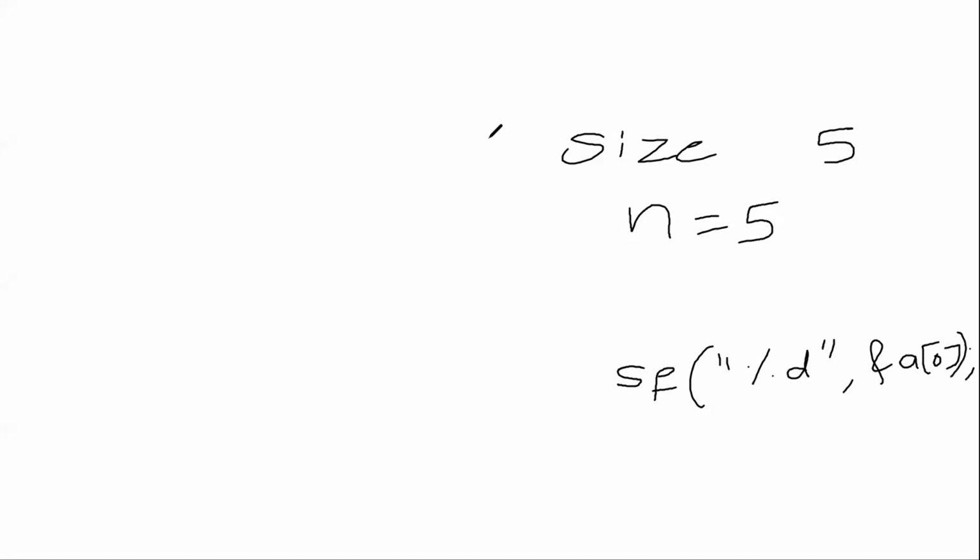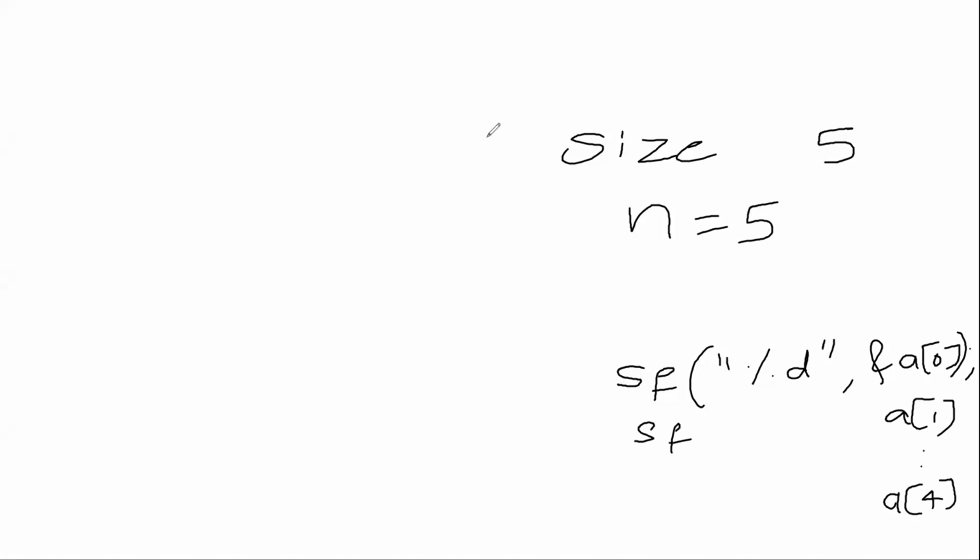You already studied that. Looping, in the sense, whenever you want to repeat any statement multiple number of times, you can put that particular statement in a loop. So instead of writing scanf percentage d and a of 0, scanf percentage d and a of 1, scanf percentage d and a of 2 till a of 4, you have to write totally 5 statements, 0 to 4.